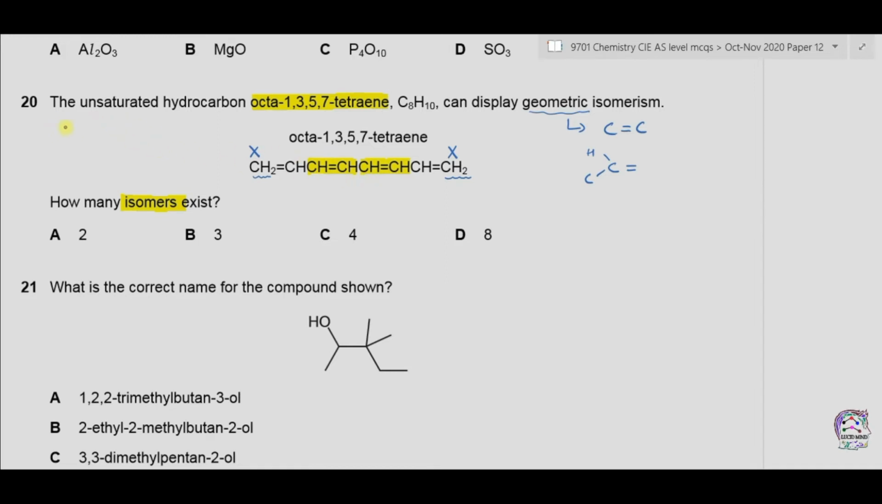Either both of these double bonds show cis-isomerism, or one of the double bond shows cis and the other bond shows trans. So it could be cis-isomerism or cis-trans isomerism, or both the double bonds show trans isomerism. The structures would be like this. For cis we can draw